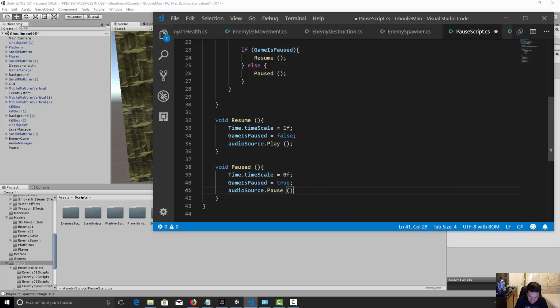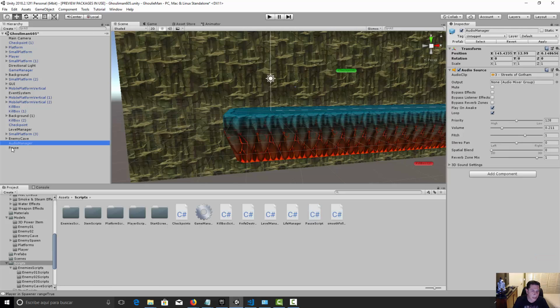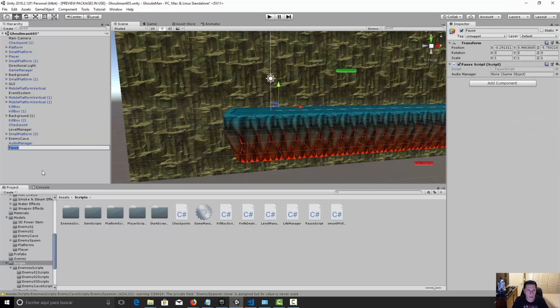Okay, great. Let's save the script, and we need to go to Unity. Let's take the pause. So here we need to assign our audio manager. Okay, let's save it